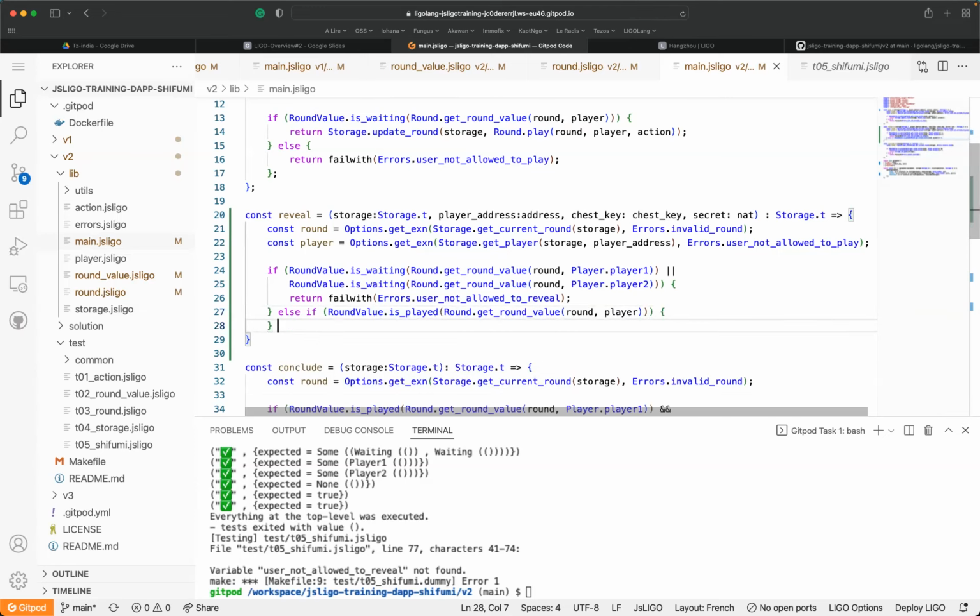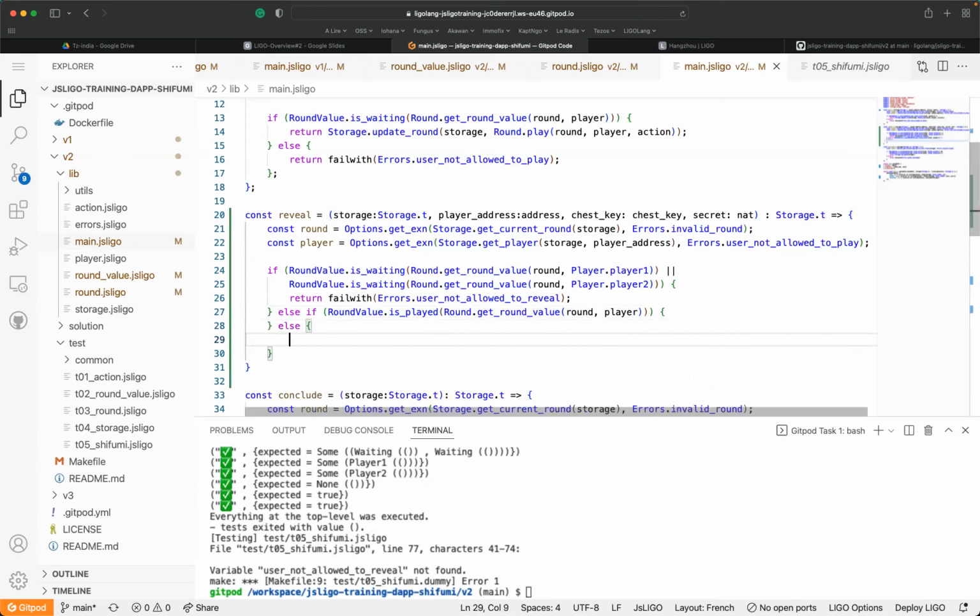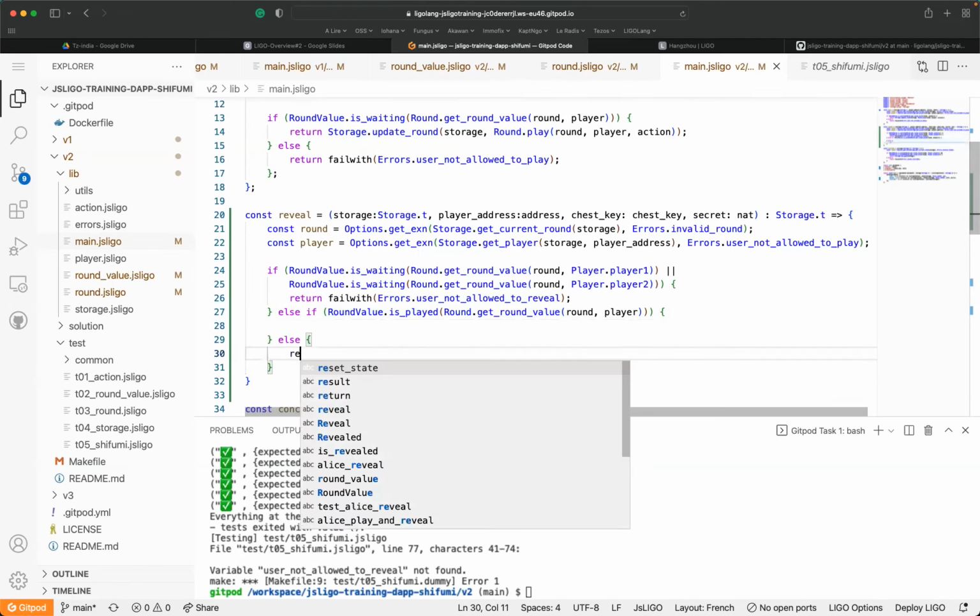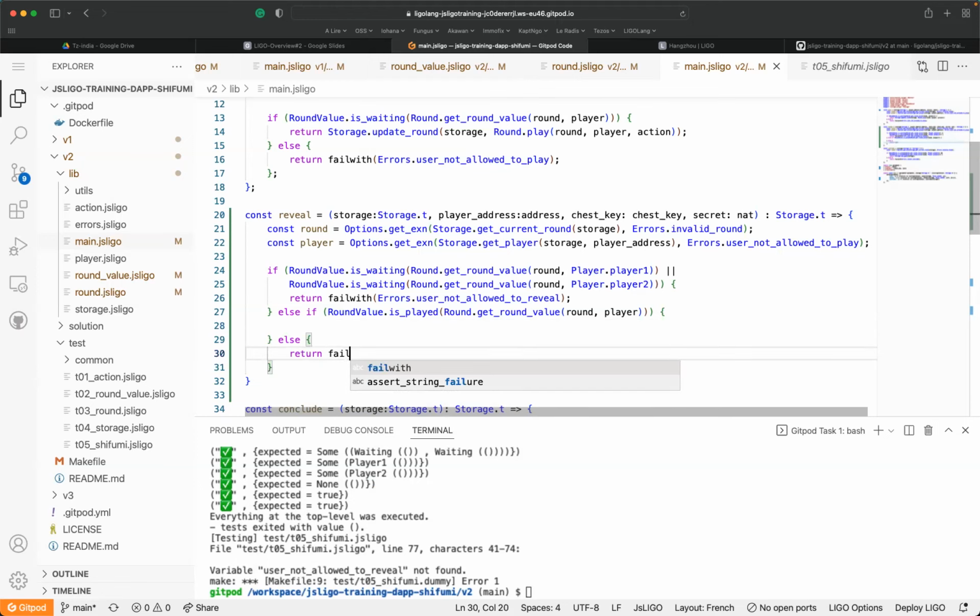Otherwise, we cannot conclude, because the player is not in a played status, so maybe waiting. So we cannot conclude. So here we can write the code directly: return fail with error cannot conclude.